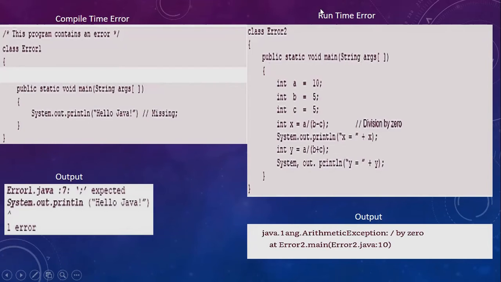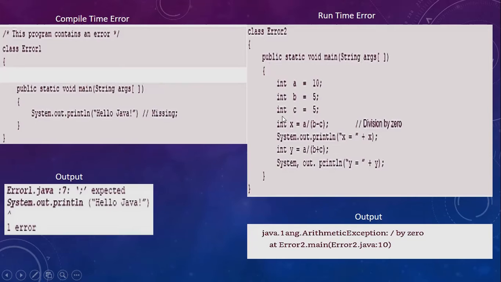Now the second kind of error, that is runtime error, the compiler will not detect, mainly because there could be some logical problem, or there could be something like divide by 0 and so on. So this is the second example. I have created a class called error2, and in public static void main I am declaring three integer variables a, b, c with values 10, 5 and 5.